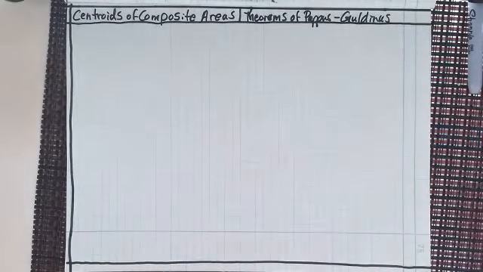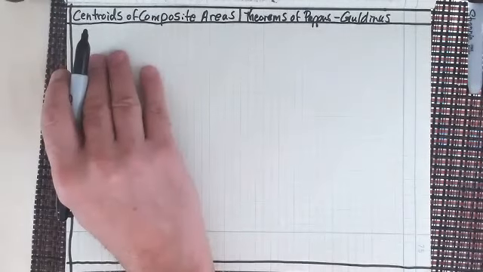And we are going to talk about centroids of composite areas. That basically means that we're going to have various different types of areas. Some are going to be added, some are going to be subtracted. And in fact, let's just look at the